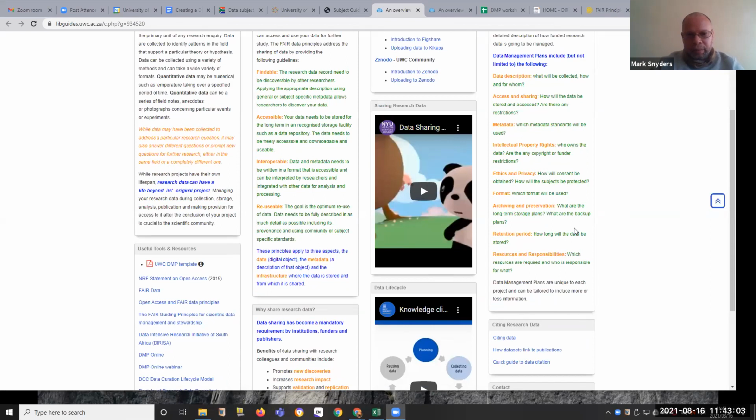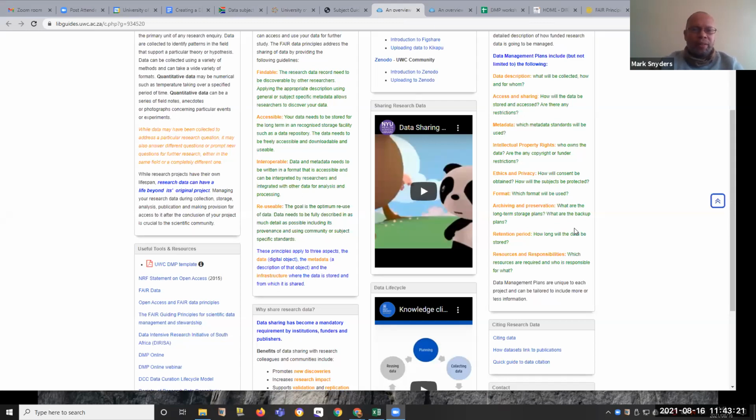Let's see. The RDM policy applies to, yes. The RDM policy doesn't only apply in terms of research being publicly funded.